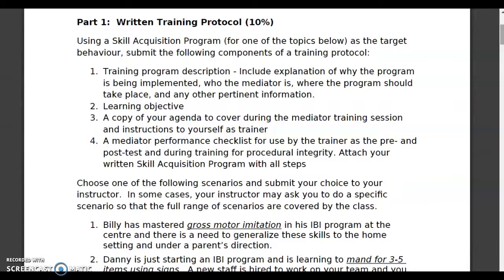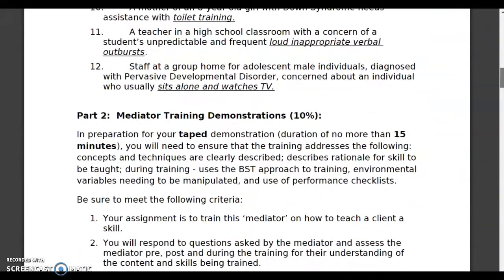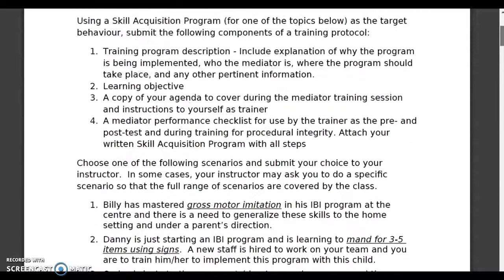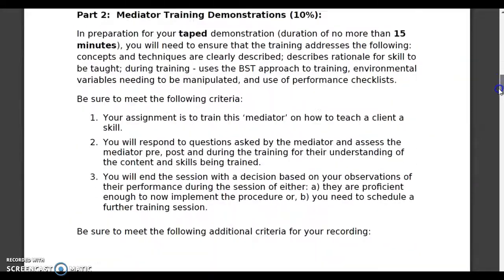Then I want you to create a performance checklist. Think back to the beginning of this course when we learned about performance checklists. You're going to create a performance checklist to use as a pre and post test to assess for procedural integrity. You do not need to include a skill acquisition program. So you're going to pick one of these scenarios, a wide variety of scenarios here, and you are going to provide me with everything right here in this particular component. And if we go down and take a look at